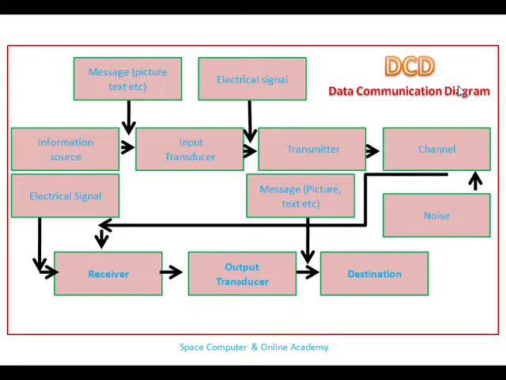And this is the data code that I already told you here: information source, input transducer, transmitter, channel, electric signal, and message pictures. All these show how data travels from senders to the receivers, or from senders to the destination. That is just shown properly to you. And in the next, I'll show you